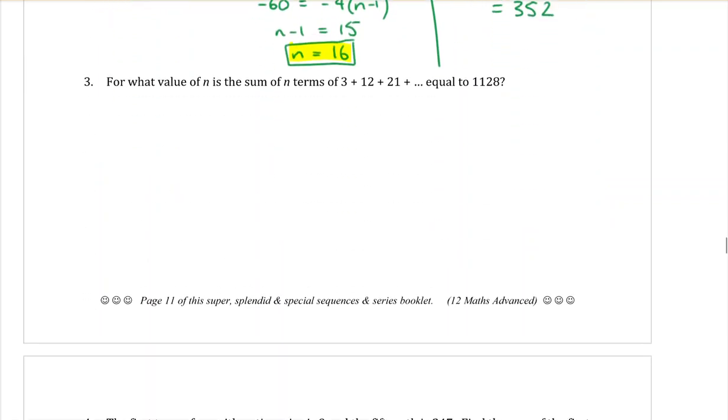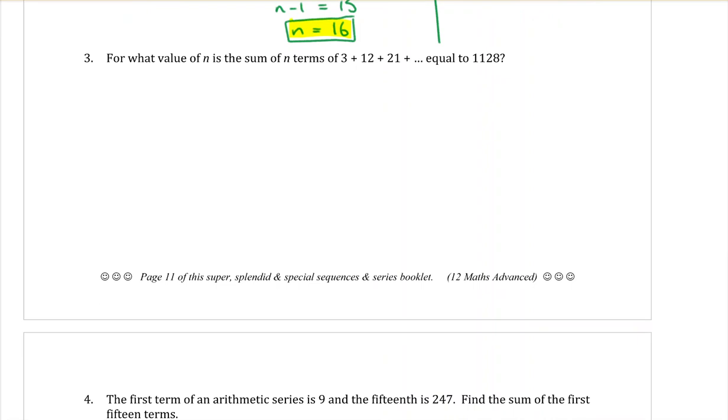Question 3. For what value of n is the sum of n terms of 3 plus 12 plus 21 plus ... equal to 1128? So again, I'm trying to find n. What do I have? I know a. a is equal to 3, first term. I know the difference. What's d? 9, excellent. And I know that the sum of n terms, I don't know what the n is, but I know that the sum is